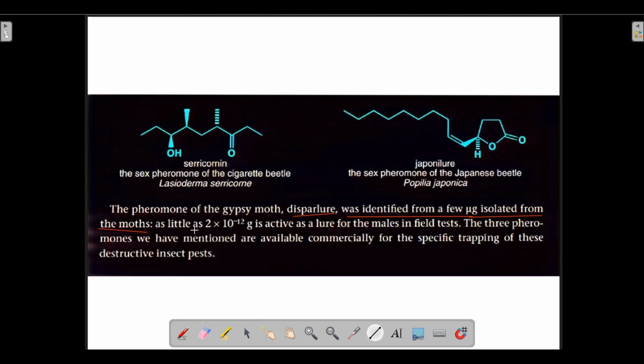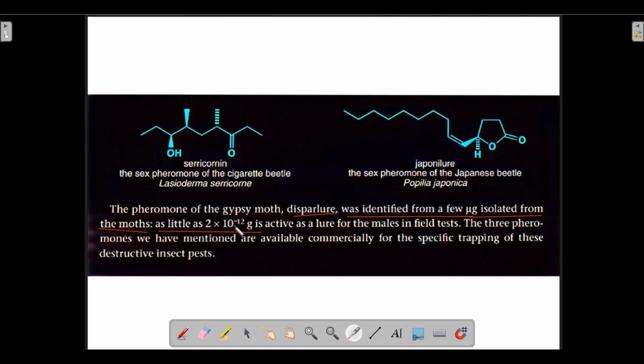And it was seen that as little as 2 into 10 to the power minus 12 grams